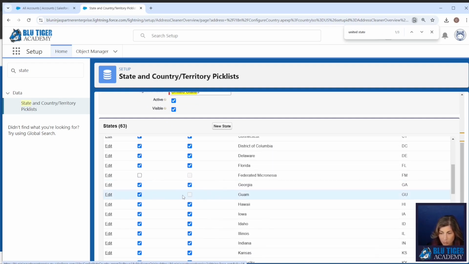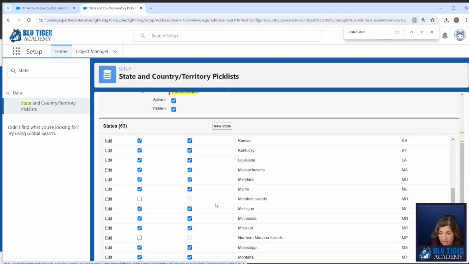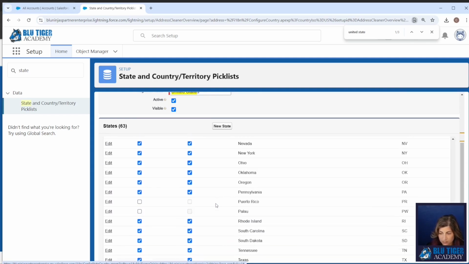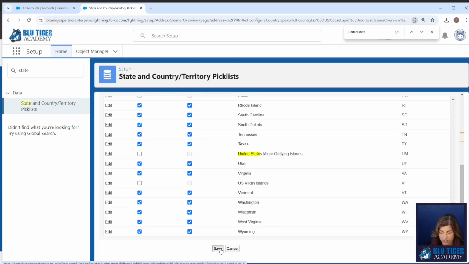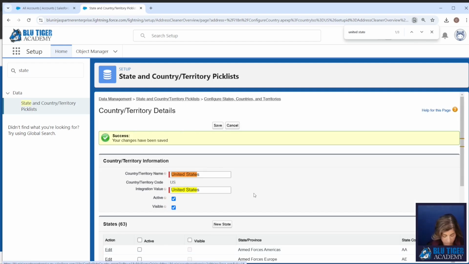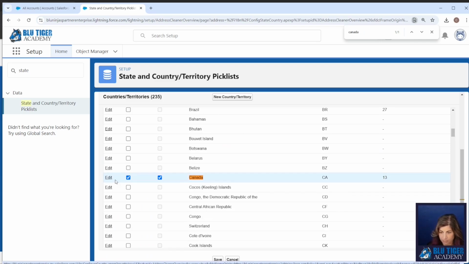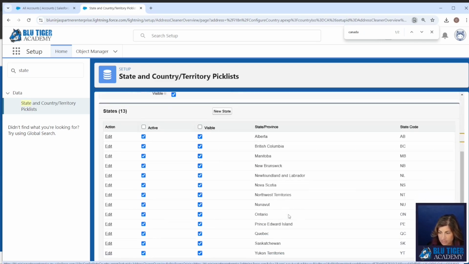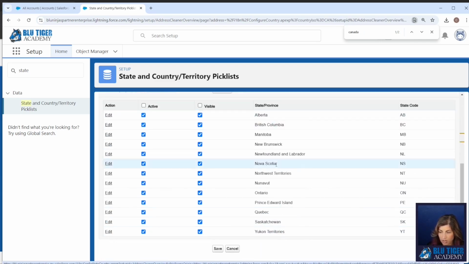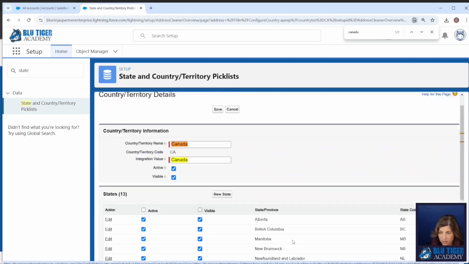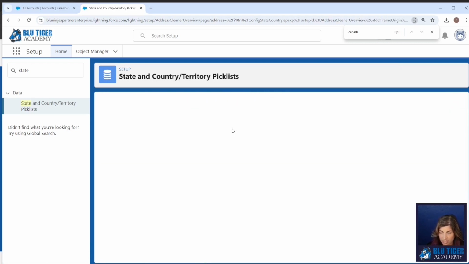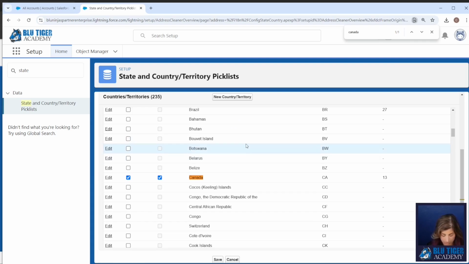I'm going to turn on Guam because we do need that one, and I will turn on Puerto Rico. We'll click Save there. Now we'll go check Canada. All right, so we can see in Canada, we have all of the provinces and territories checked. So we're all set there. We'll go ahead and cancel. And then let's go check out the United Kingdom.